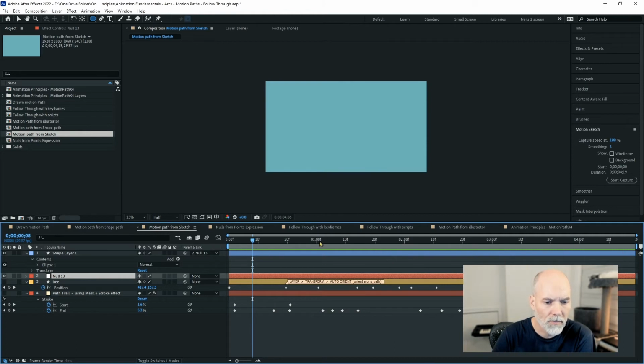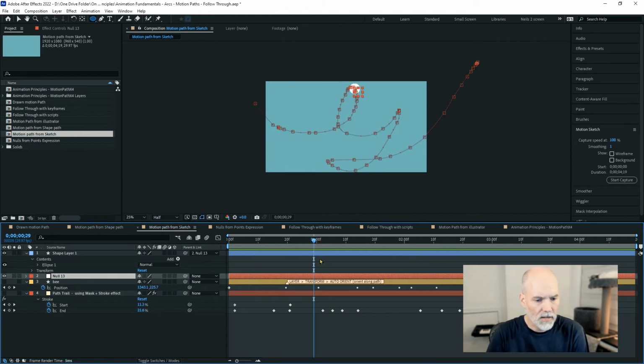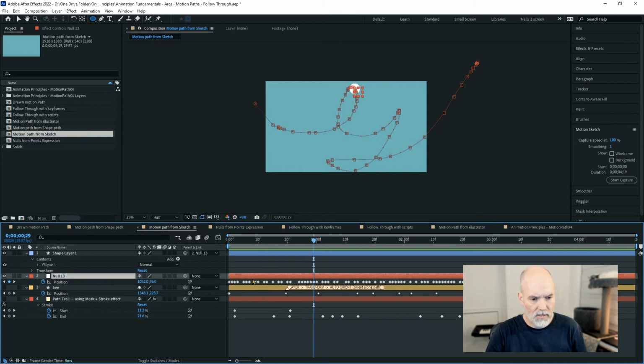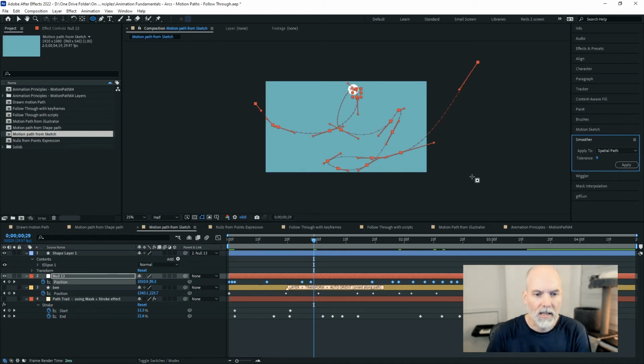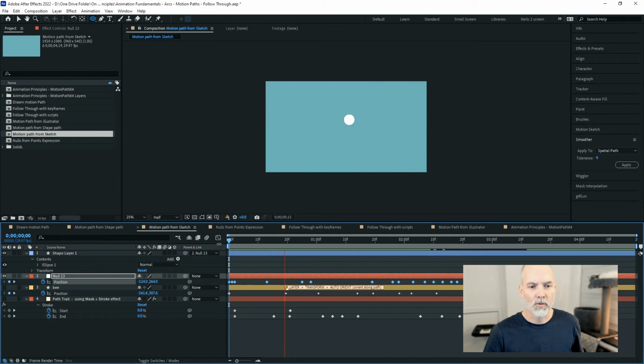I just need to add my sound effects. So if I go here and I hit U, you can see all of these keyframes. What I'll do is select all of those keyframes by hitting the position, and I'll go to my smoother, and even if I just click once, it helps, but maybe just up that, and it just takes away those excess ones, and you can just keep doing that again and again and again, and get us a much smoother